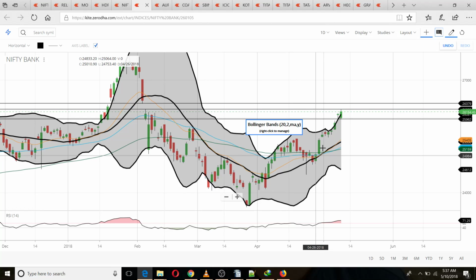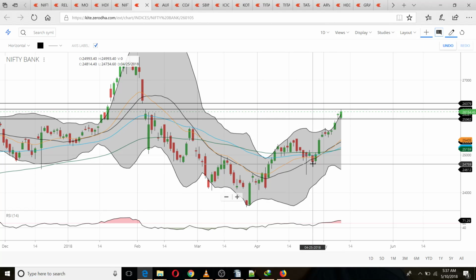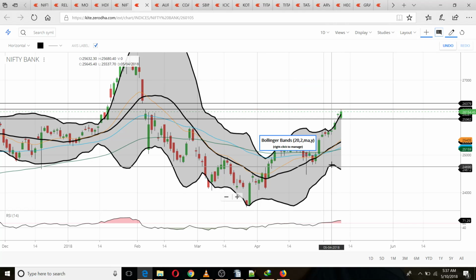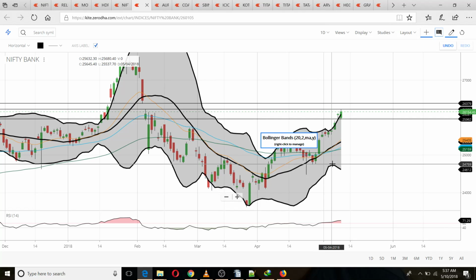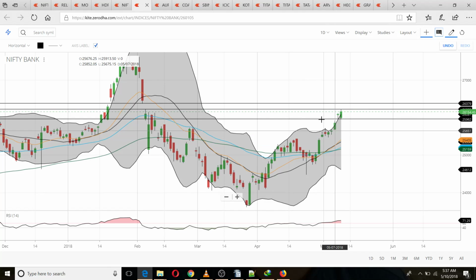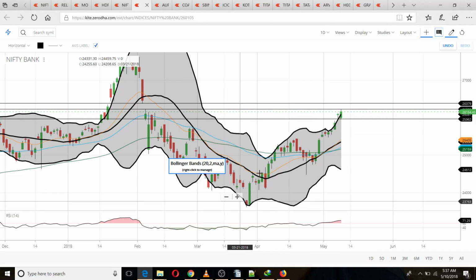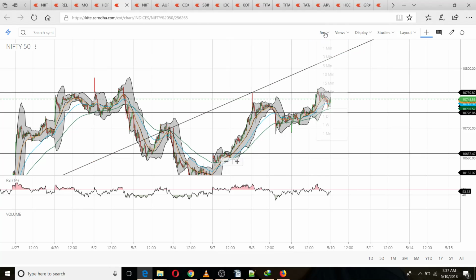Just by looking at this movement, you will see that okay, this was a good movement. From this level, we moved to this level, which is around 26,200 plus, and this was the level 24,000, let's say 900, let's say 750. So these levels we have crossed in a very small number of days. So definitely the price momentum was up, and in fact this is what we have been expecting, because this was a pullback which I had discussed earlier. Now if you go to this intraday chart, sorry, daily chart.